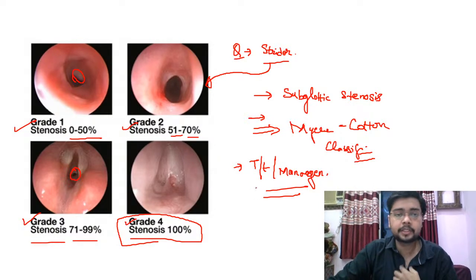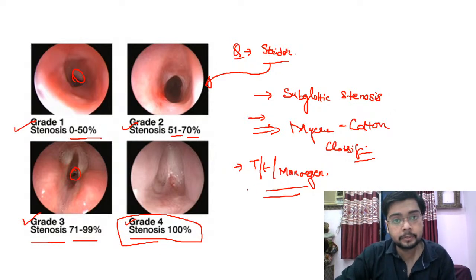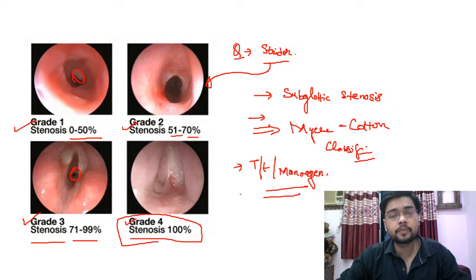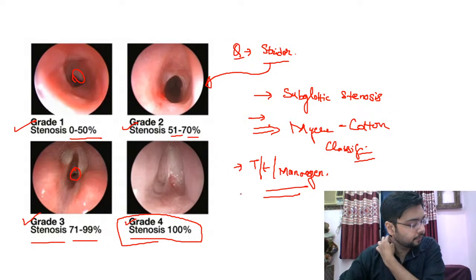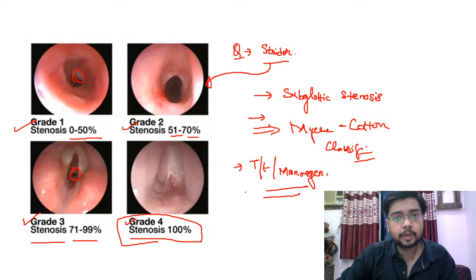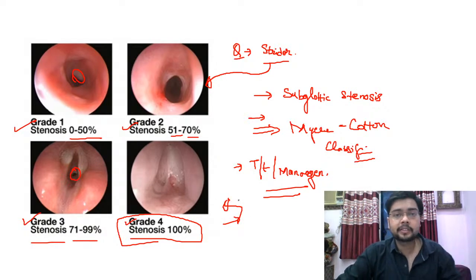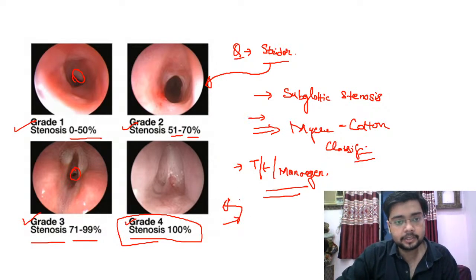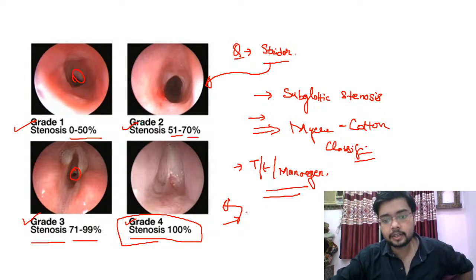Usually grade 1 and 2 who are asymptomatic or with minimal symptoms, you can go for a conservative approach. But if these are symptomatic, and in grade 3 and 4, you have to do something to relieve the patient of the respiratory distress, then you have to either do laryngotracheal reconstruction,